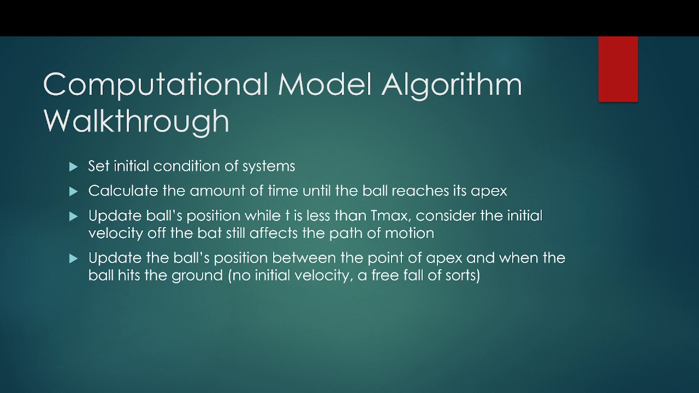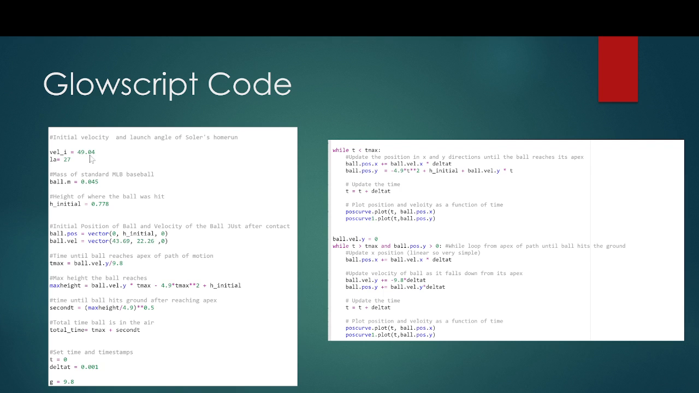And then the second while loop starts with the apex point, and there is no more initial velocity, as the velocity at the apex is 0. So it's just a free fall of sorts where the ball falls from the top of its peak to the floor. And here you can see setting the initial conditions of the system,